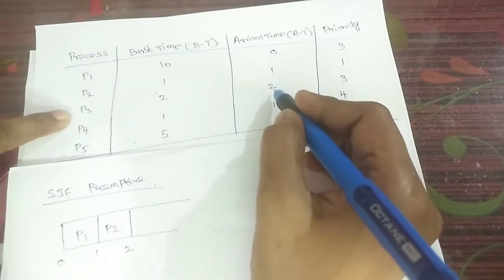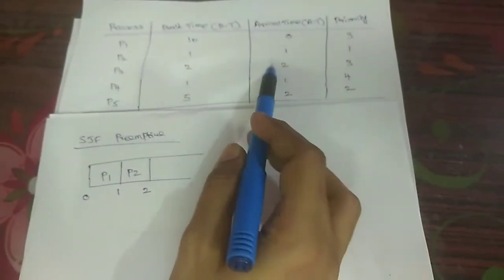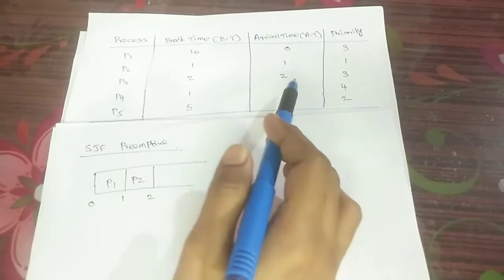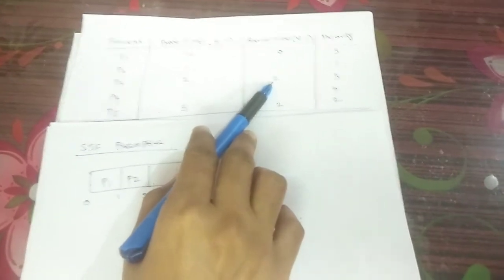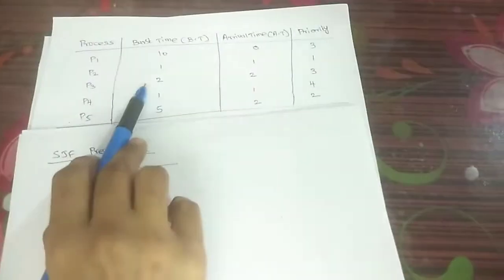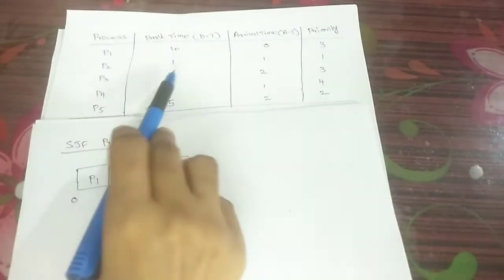So at the arrival time 2, process P3 will be arriving, P5 will be arriving. P3 and P5 will be arriving at the same arrival time 2. So it is a tie. In order to break the tie, we will use FCFS. So process P3 is the first to arrive, and based upon this, we are going to pick the shortest burst time. Compared to these two processes, P3 will have the shortest burst time. So P3 will be entering and it executes for another 2 milliseconds.